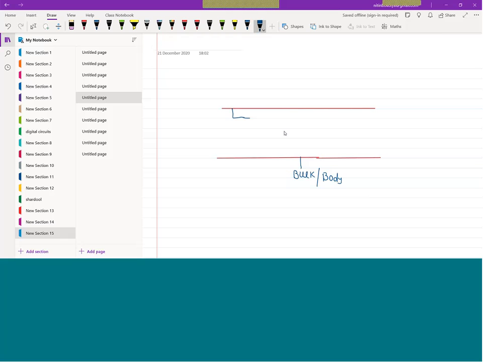So this is a lightly doped P-type region. Here we are having heavily doped N plus junctions. Then we are having